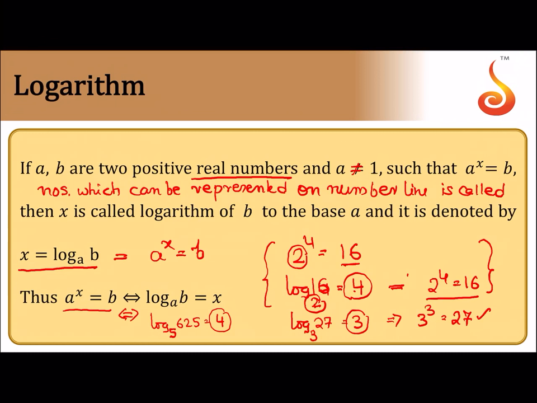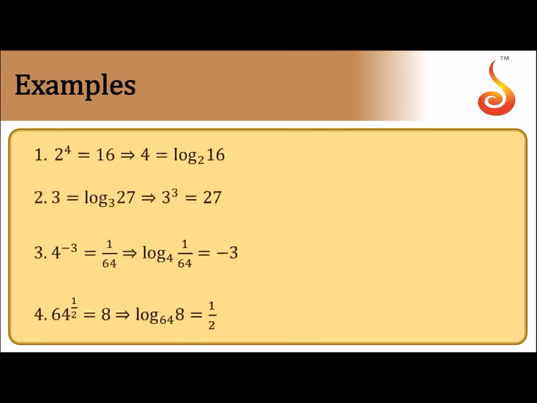Okay, this is the output result. This is 4, this is 3, here you got 4 again. So 2 to the power 4 is 16, 3 to the power 3 is 27, 5 to the power 4 is 625. Similarly, x equal to log base a of b means a to the power x equal to b. So it's a representation. Log is nothing but a type of representation. Further you will understand when we do further properties.